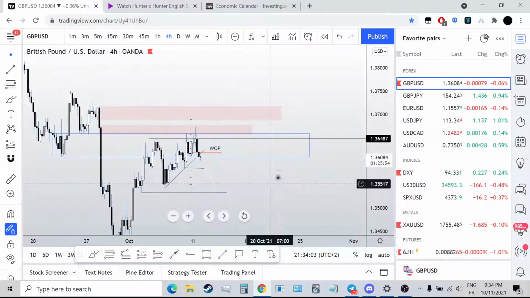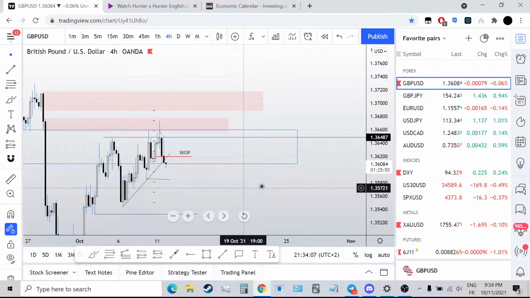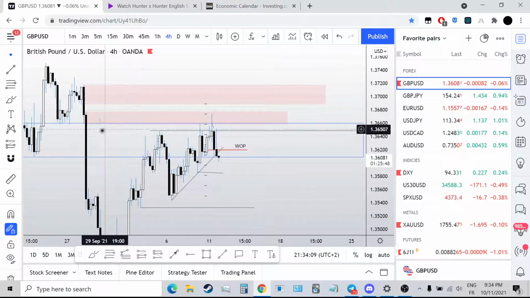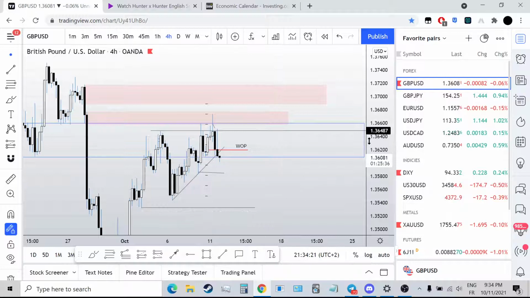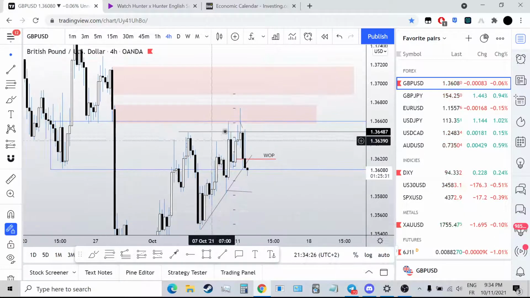Okay, so last week we were playing inside of this breaker, but now we have come up into a better premium of this breaker inside of this hidden base right here. Basically, if you scale down to a lower time frame, it would be like an order block right inside of there. It came up into that today. Now I was looking for that, even though we tapped into it last week right here.